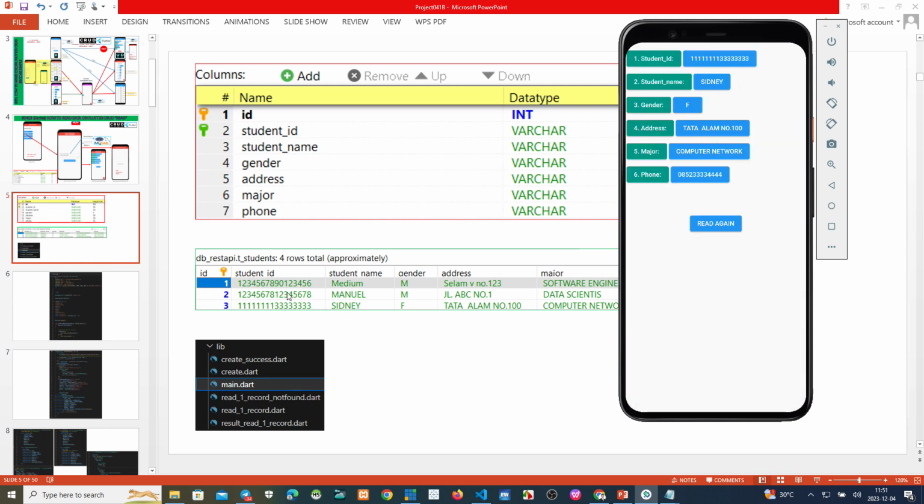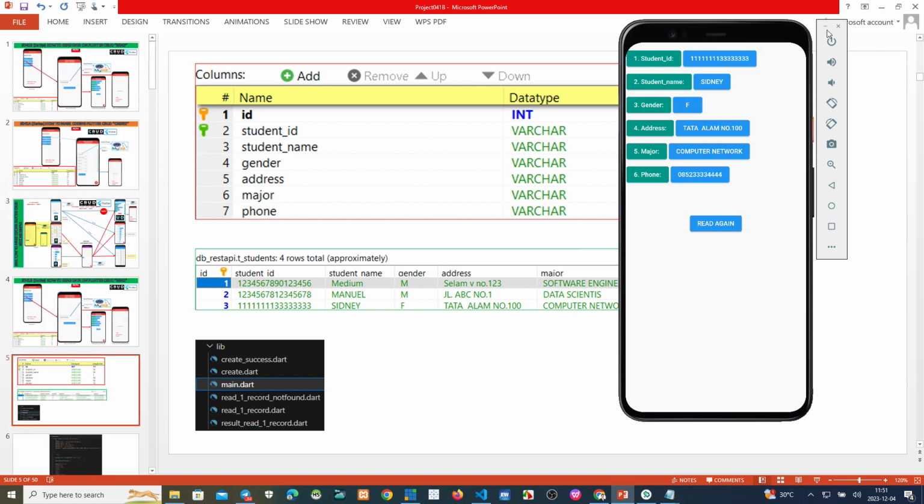If the student ID is like this, the student name must be Sydney, gender female, address Tata Alam number 100, like this. This is just a dummy database. Okay, now we have finished developing.